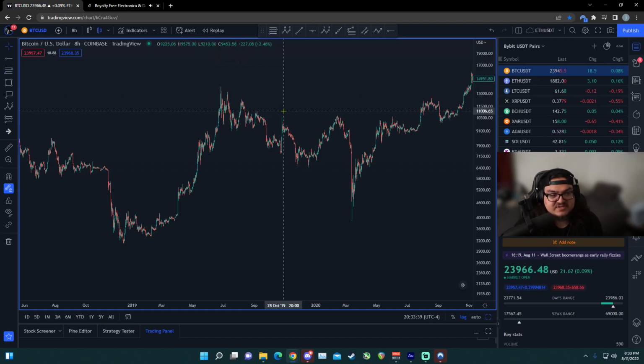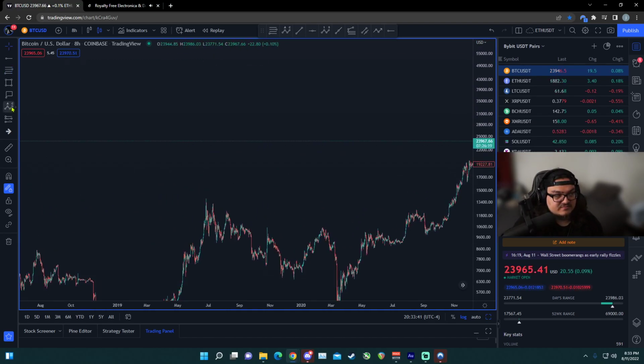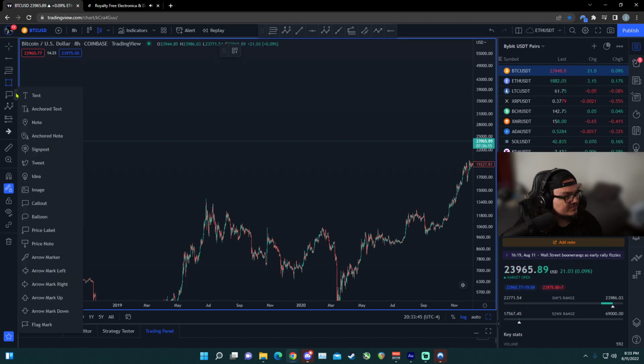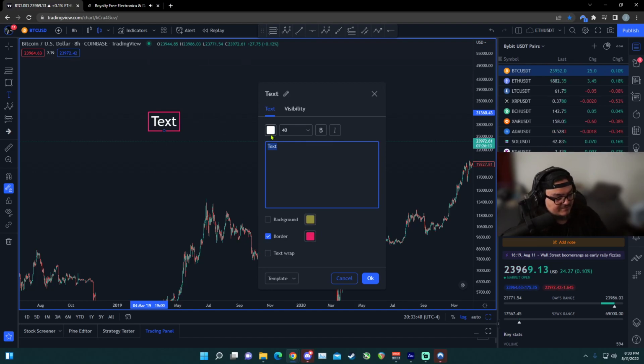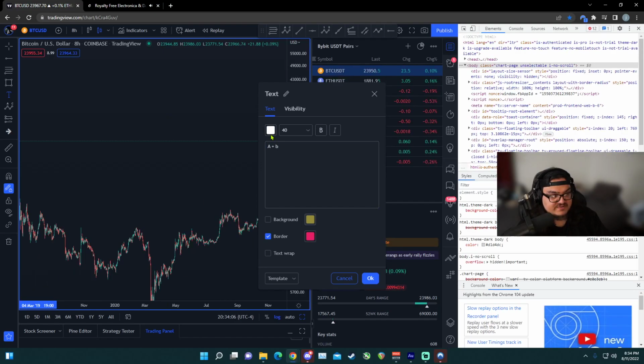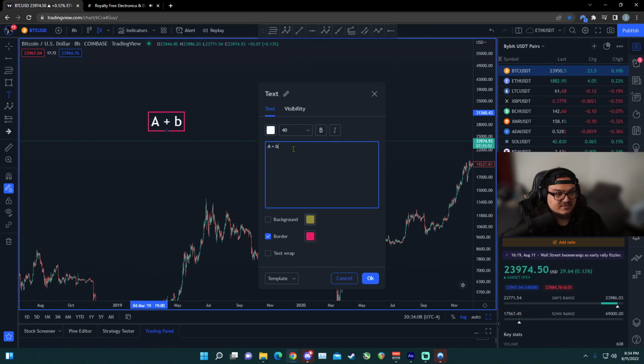The easiest way to explain this is the book calls for the first trend, which is A, and then plus, because it wants you to take the percentage of the next trend's retracement. In the retracement, it's going to be the B wave. So A plus B, and I'm sure you've heard this before. A plus B equals